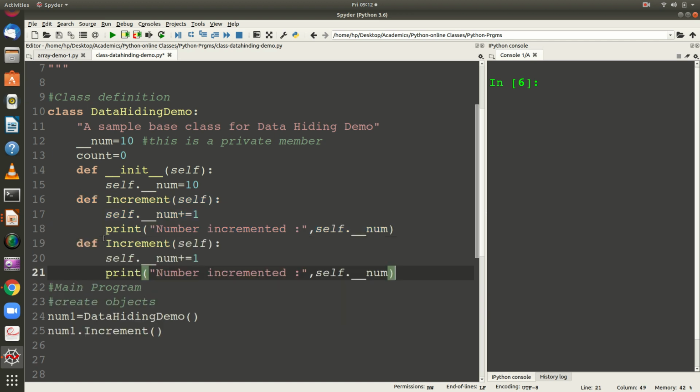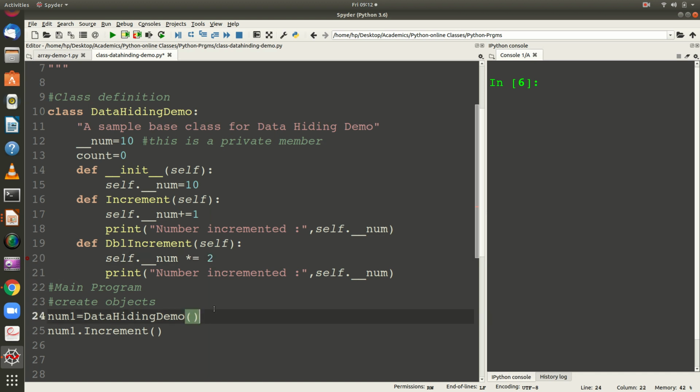and let me paste it and call it double increment, and here I am going to increment it, sorry, not double increment, let me say 2 times. I am going to make it 2 times.